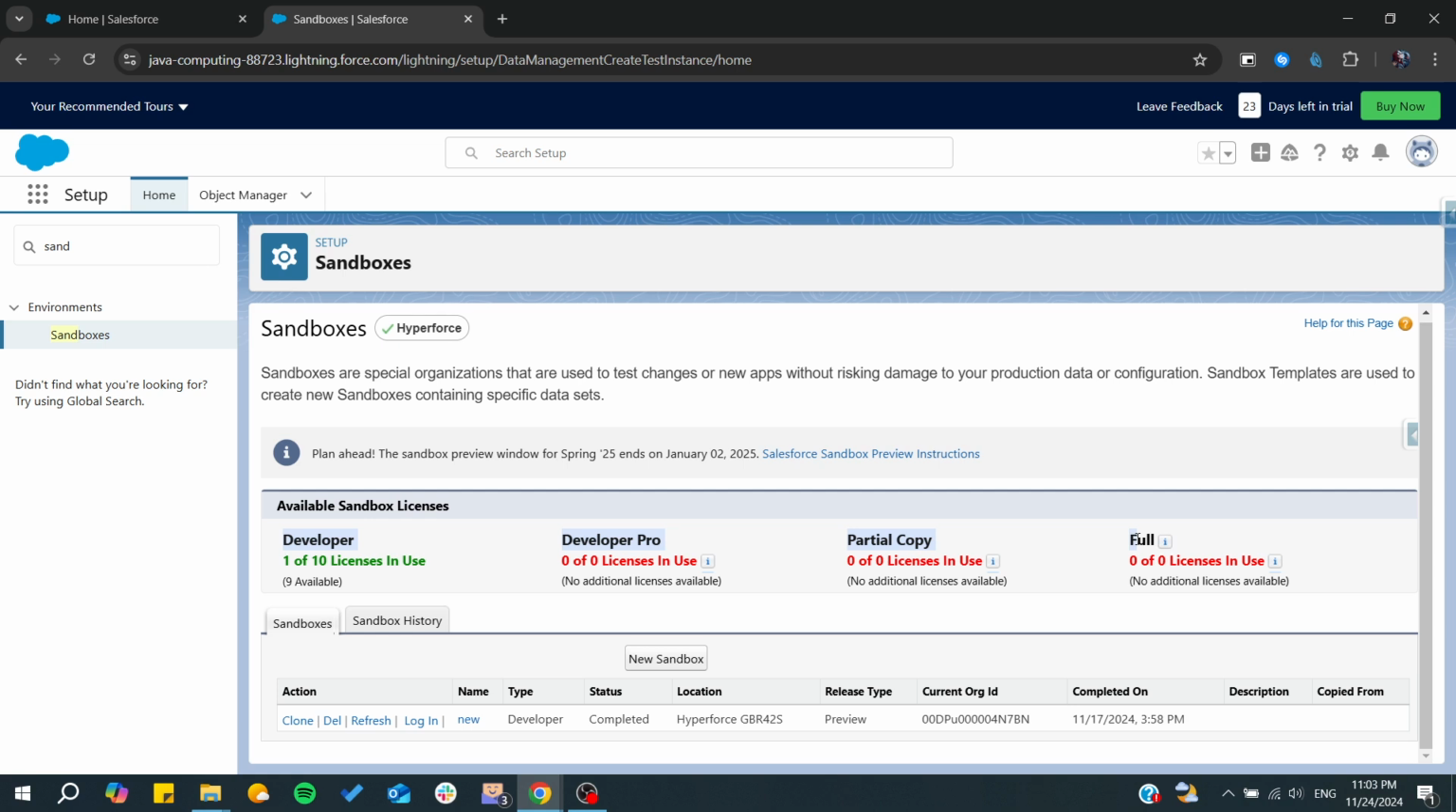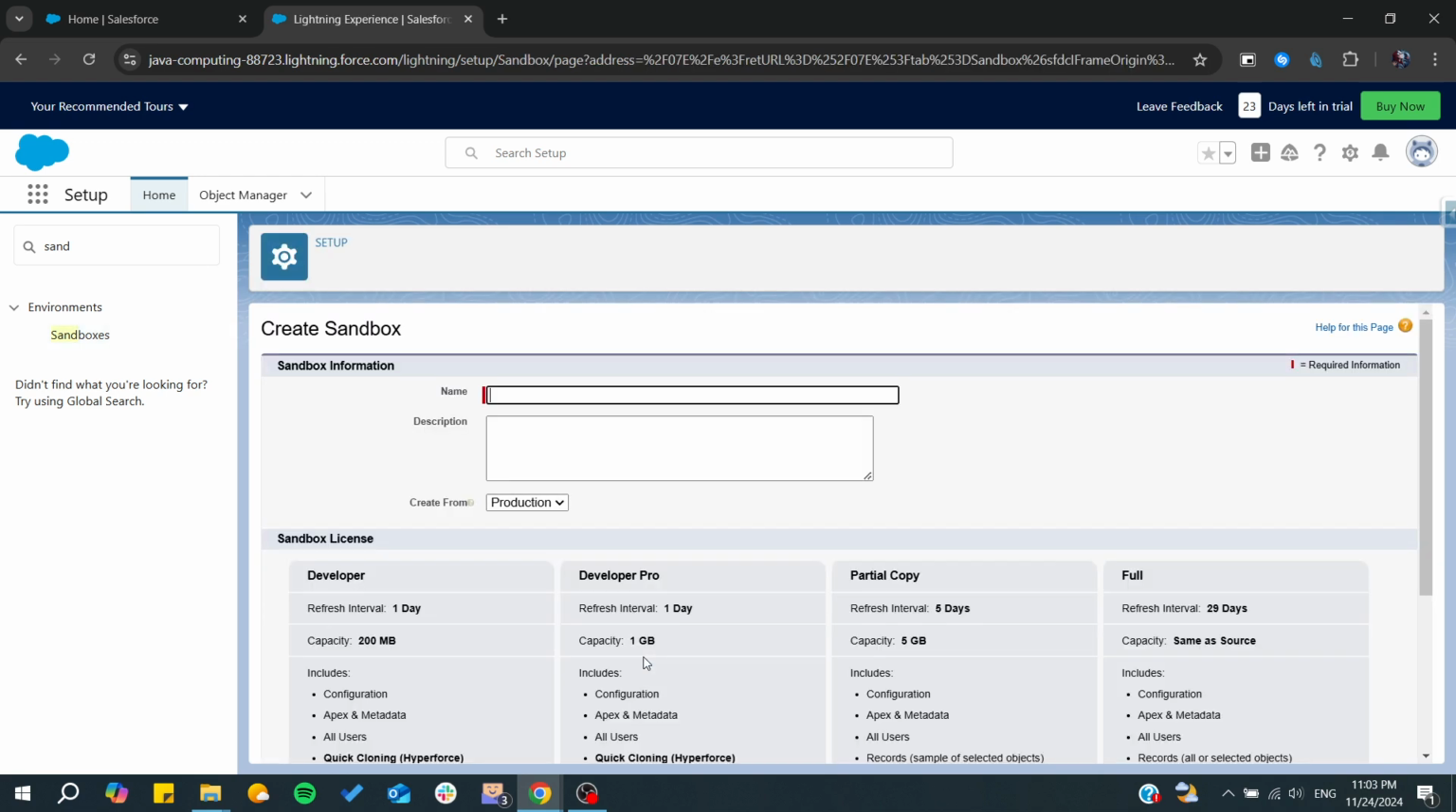So basically depending on your license, you will have some trials for your sandboxes or a maximum amount of sandboxes that you can create. So here I'm just going to create a new sandbox. You give your sandbox a name, let's name it my sandbox or whatever,